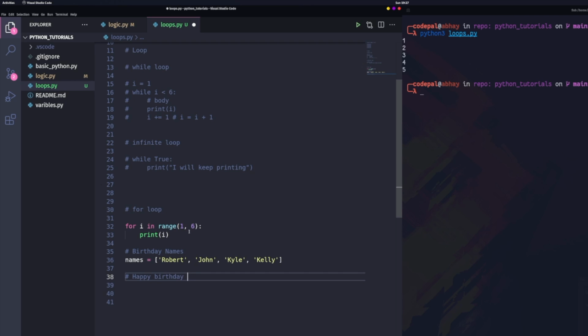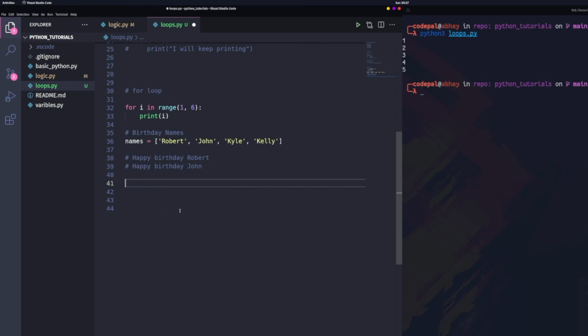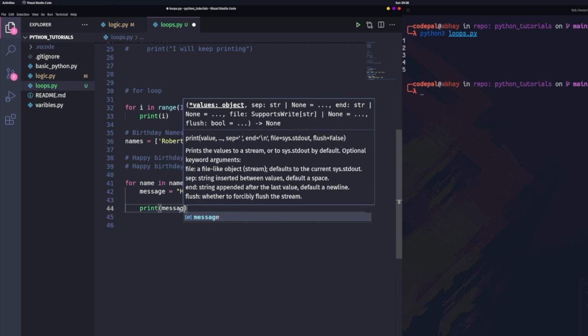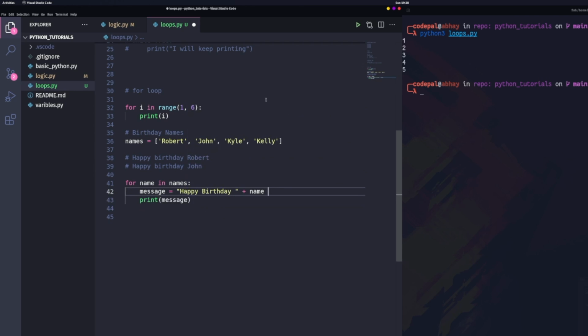So what I want to do is I just don't want to wish them a happy birthday generically. I want to include their name. And how can I do this while utilizing for loops? So for my for loop logic, what I'm going to do is I'm going to write for name in names colon, and within that I'm going to use a variable called message, and I'm going to write "Happy birthday " plus name. So I'm going to concatenate here 2 strings, happy birthday plus the name,